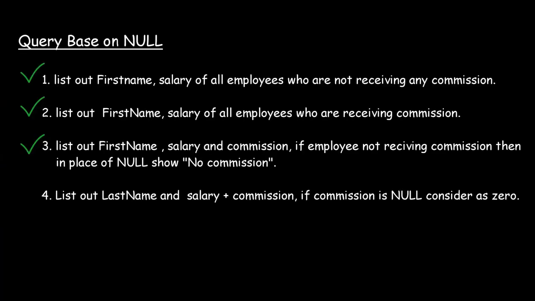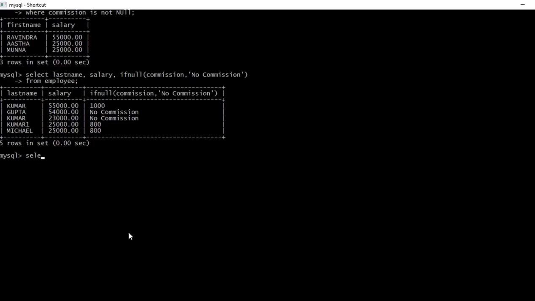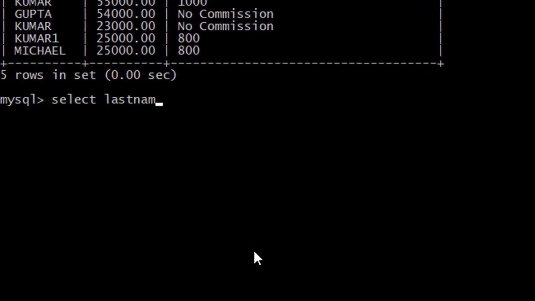Now the next question is: list out last name, salary, commission and salary plus commission. If commission is null, consider it as 0, means whenever commission is null, we have to replace it by 0. So I am writing this query. Select last name, salary, commission, then salary plus commission, from employee.